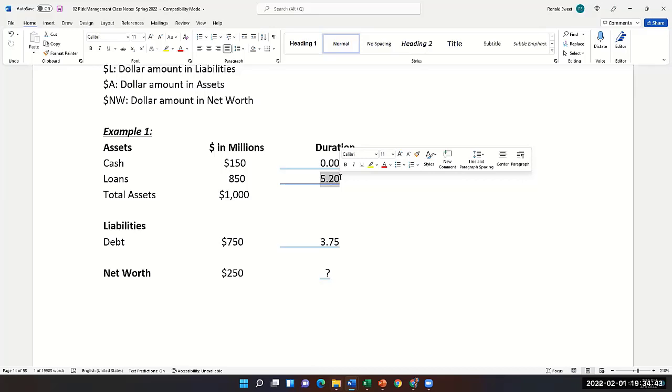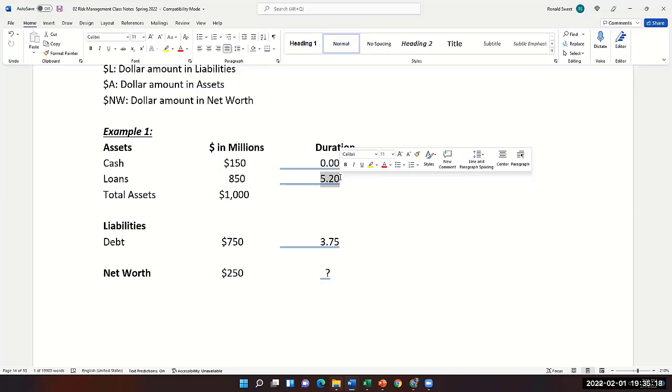Now you might think, well, auto loans are 5-6 years. I've even heard of 7-year auto loans, but you have to remember auto loans are amortizing loans. You're paying principal and interest. So the duration is going to be at least half of the maturity. So if you have a 6-year auto loan, its duration will only be about 3 years. So 5.2 is pretty long. You may be thinking about mortgages. Banks tend not to hold mortgages on their books. They tend to sell them off. So this isn't a pretty extreme bank, but just to give you good practice with it. So very long